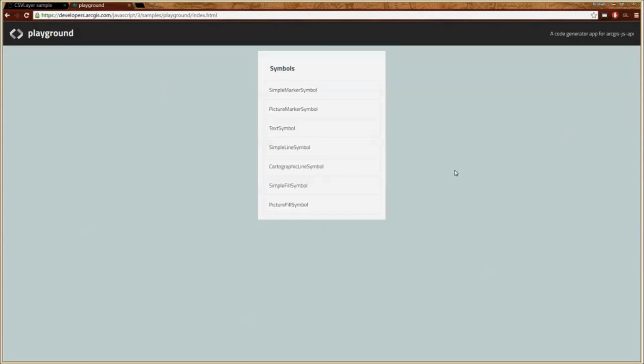I work on the JavaScript API at Esri, and today I just want to quickly demonstrate how to use the Symbol Playground in the 3x version of the API. This is the home page of the playground, but I'm going to show you how to navigate here from our